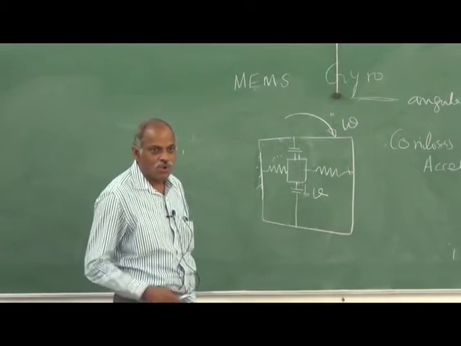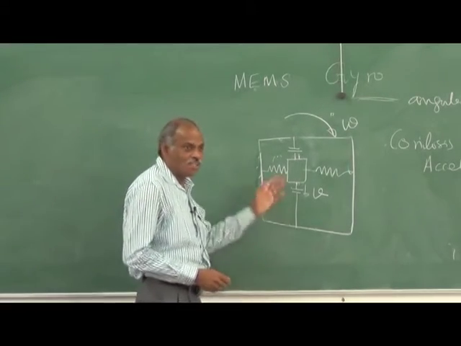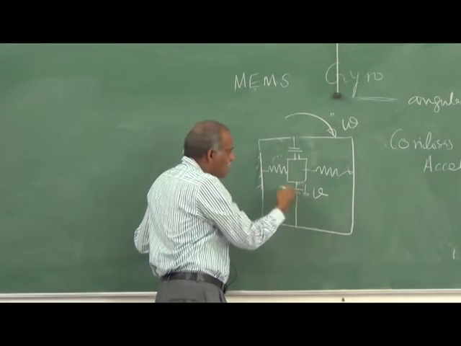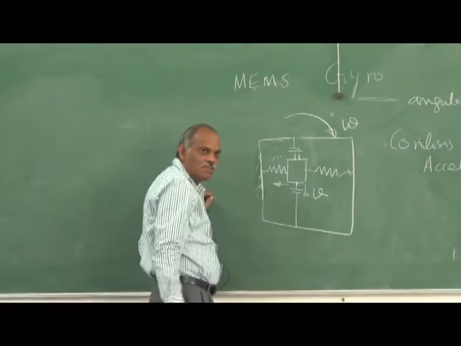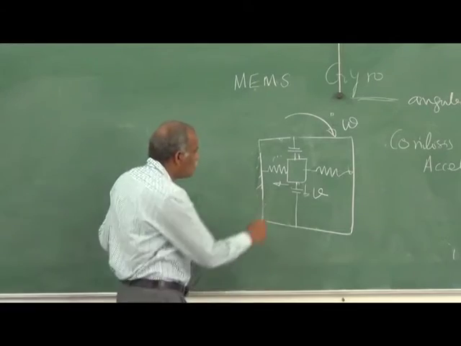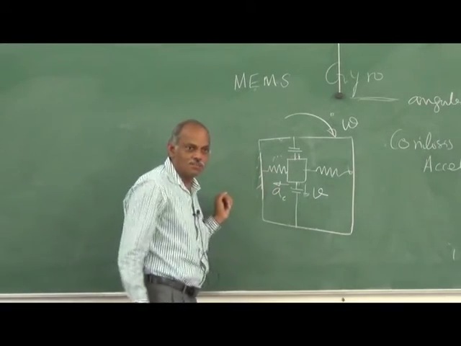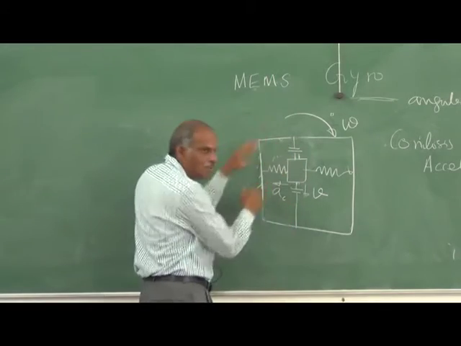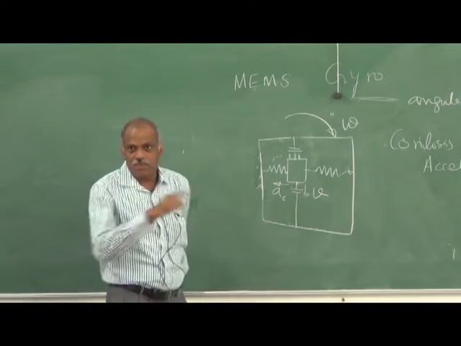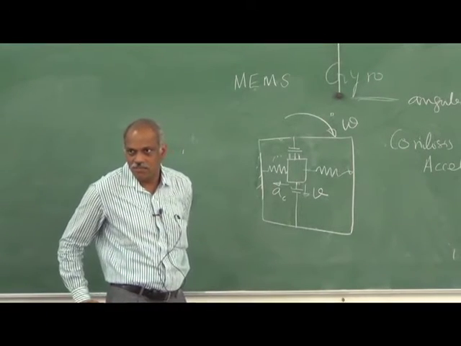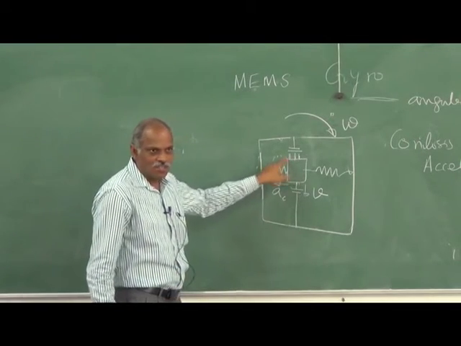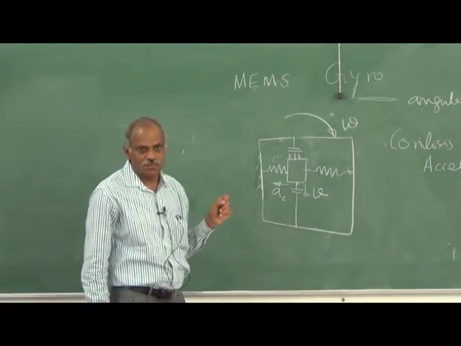What will be the Coriolis acceleration? This v will be turned by omega, by the vector cross product. So your Coriolis acceleration will be in this direction, right? So you will be subjecting this to a Coriolis acceleration. So you have springs there which will compress. I use again a capacitor plate, the same type that I use for measuring the acceleration. I use that for measuring the deflection. Now this deflection is due to the Coriolis acceleration.